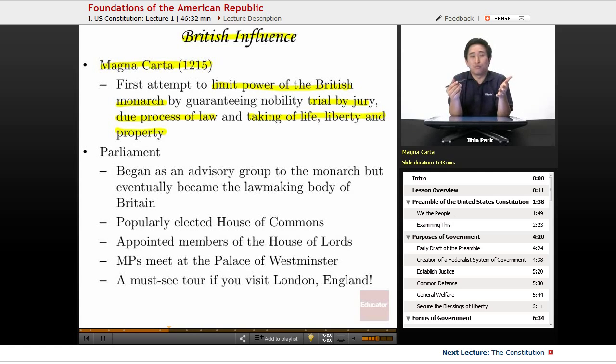Because guess what? There is no British Constitution. It does not exist. Whereas in the United States, there's an actual constitution and amendments. There's no equivalent British Constitution. I guess the most equivalent might be the Magna Carta, but that's definitely not the Constitution.